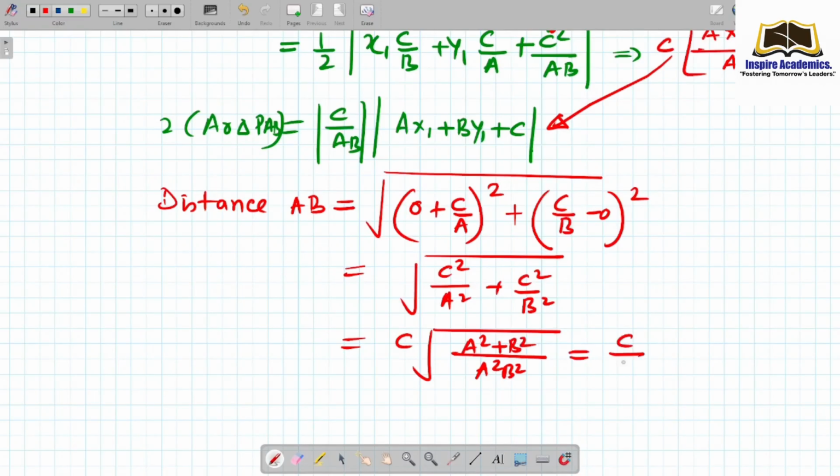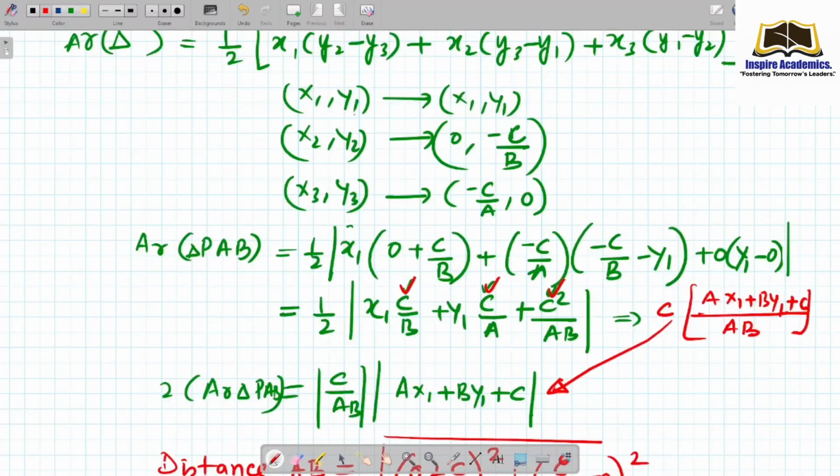You can write C upon AB under root A square plus B square. So you know this distance of AB. Again, डिस्टेंस ऑफ AB ना, तो फिर उसको अगर plug in करेंगे,